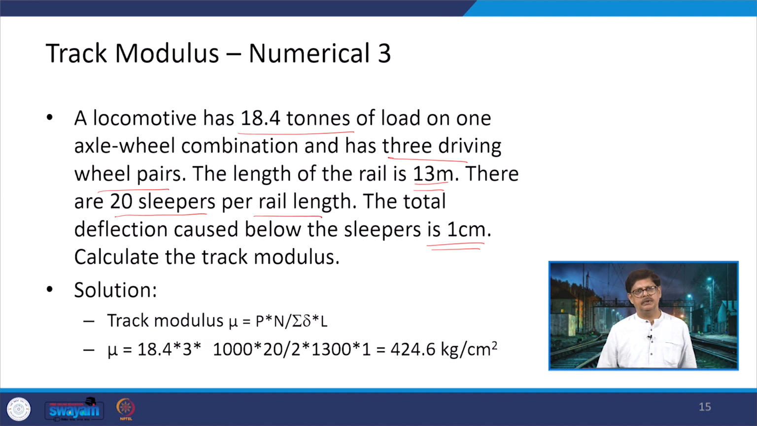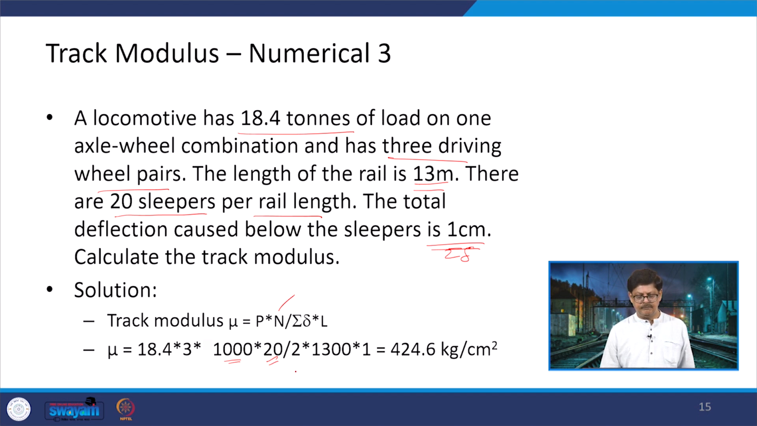Calculate the track modulus. Now, in this case, because we have been given the number of sleepers, we are working with the formula P into N divided by summation of delta into L, and the total deflection which is being caused is 1 centimeter. This is summation of delta only. So, the values come here. We have the total load which is 18.4 into 3, because 3 driving wheels are there, multiplied by 1000, multiplied by 20. So, tons has been changed to kg, and 20 is for the number of sleepers,